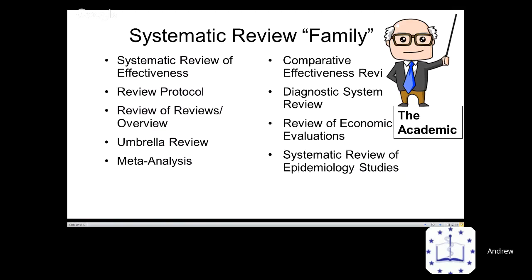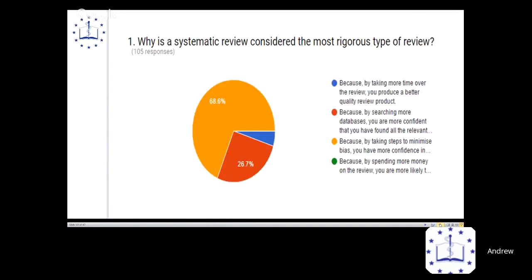And these review protocols are available through such resources as the database Prospero from Center for Reviews and Dissemination, and are also published in some journals, like the one that I'm an editor of, Systematic Reviews. And then we have other products here, Review of Reviews, Umbrella Review, meta-analysis. So I'm going to just pick out a few of these more common ones and just give you a description of them. But we did ask you to complete the